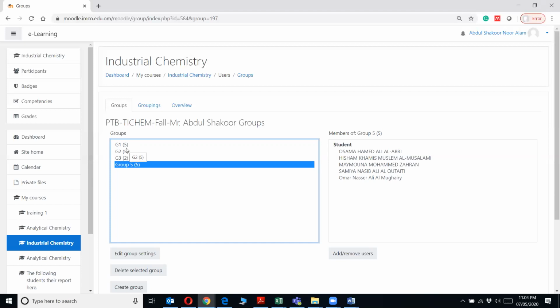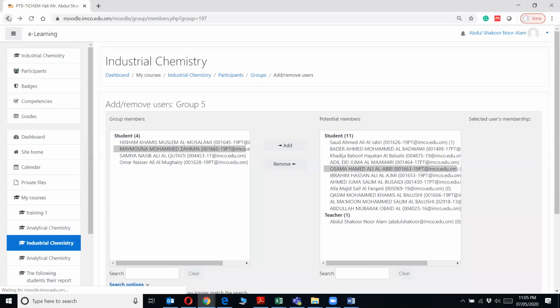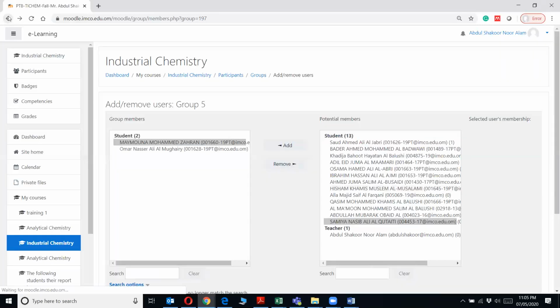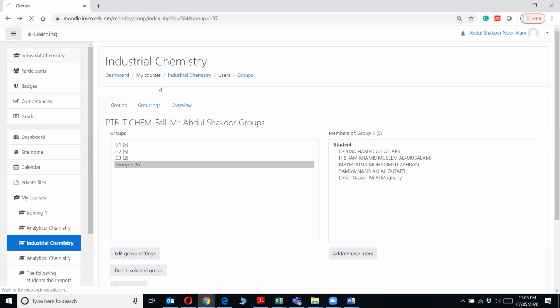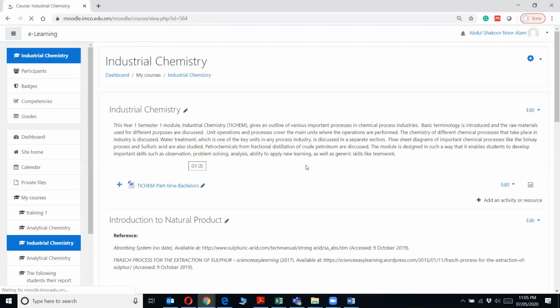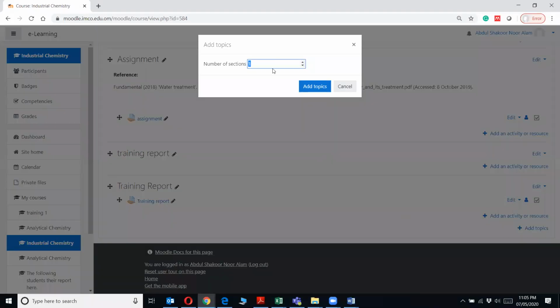Another very effective way is one where you don't have to make any groups of students; you can give them a choice. Suppose I add a topic here.